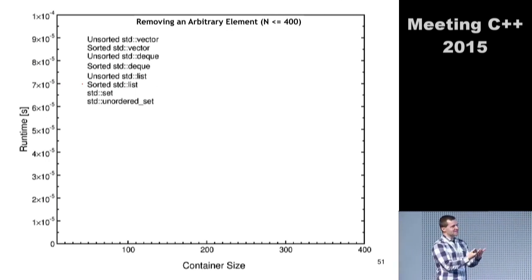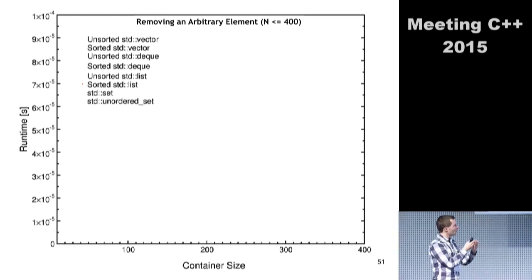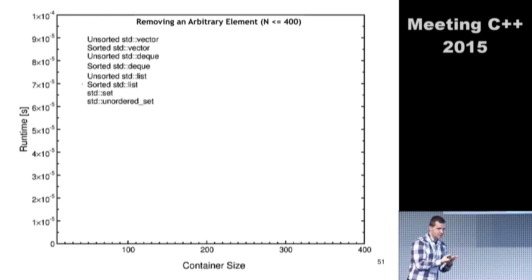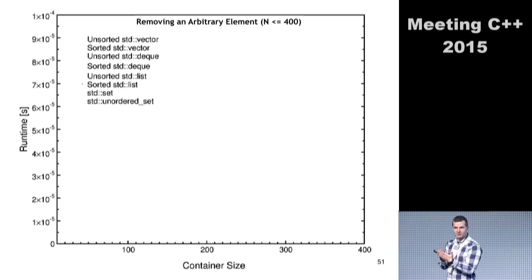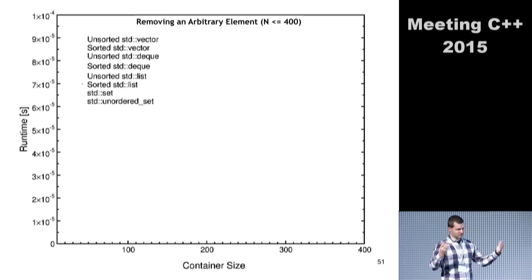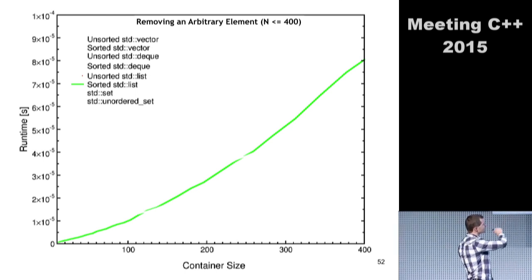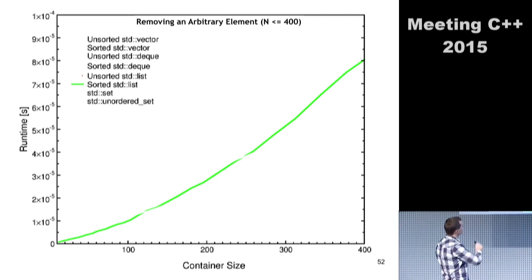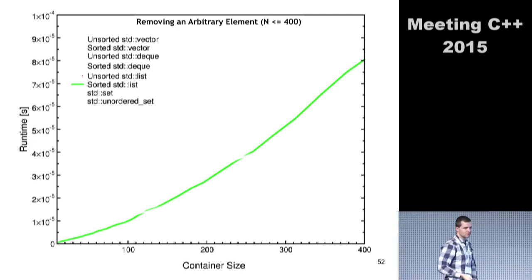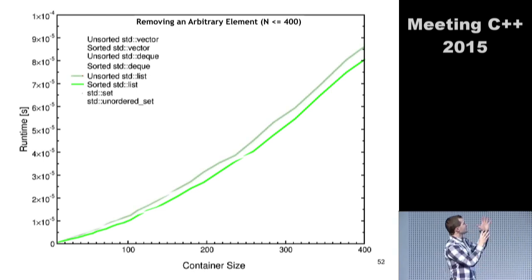So, a list is a data structure that gives me O(1), big O notation, when I remove an element. And Scott also says, if you want to remove something in the middle, use a list. So this is why lists should perform very well. I have a sorted list. This is the performance of the sorted list. And an unsorted list doesn't really make a difference. A little more expensive.